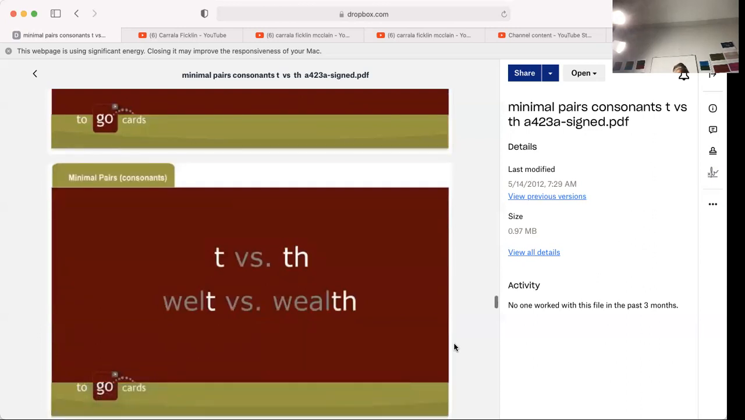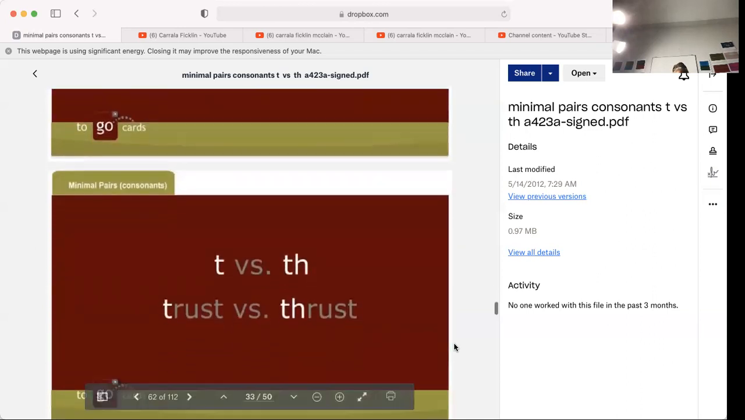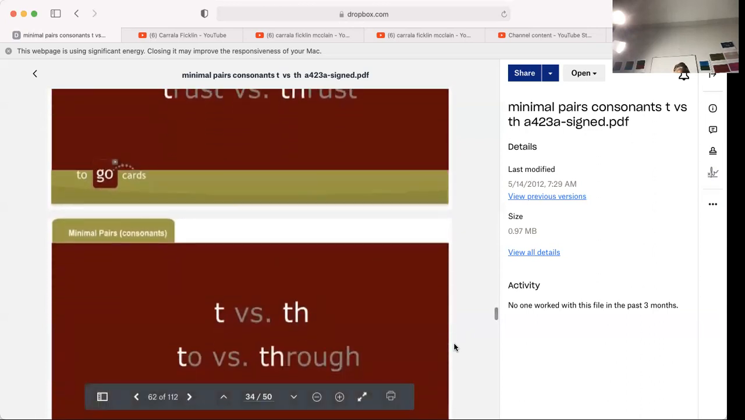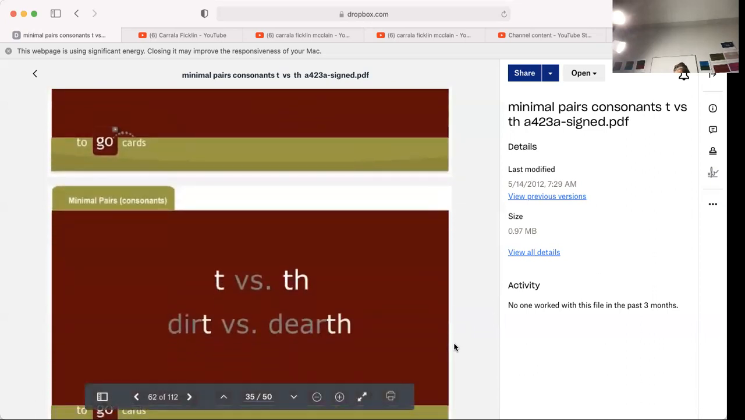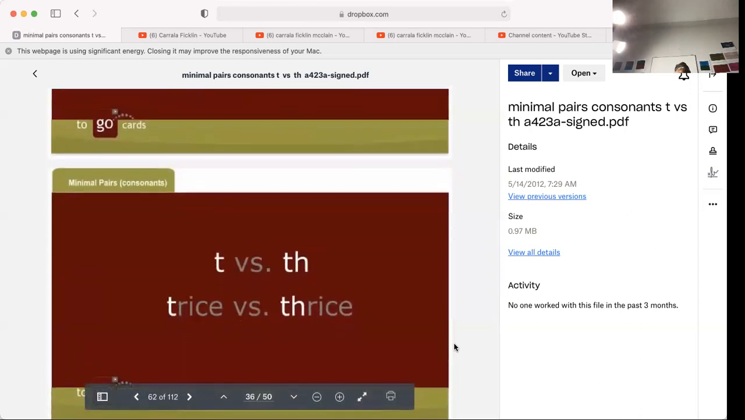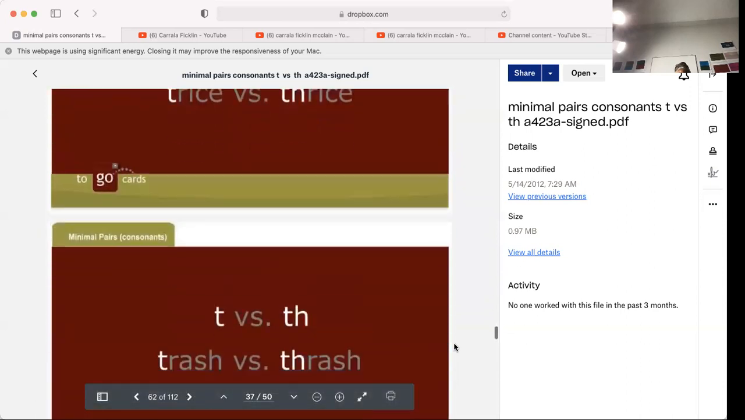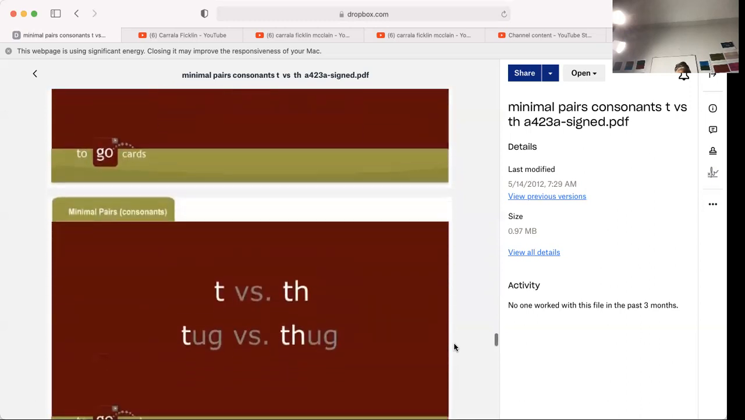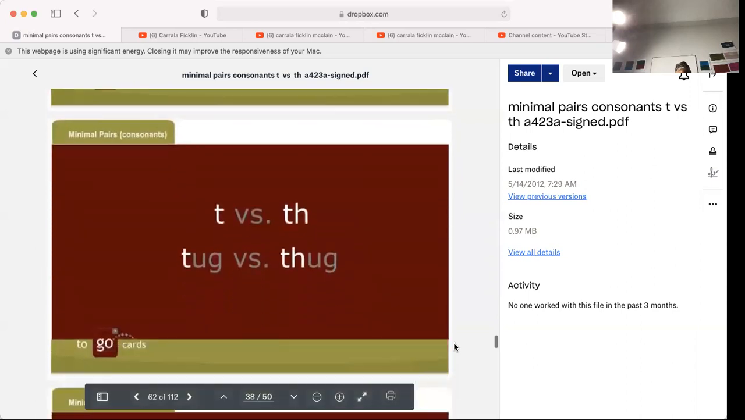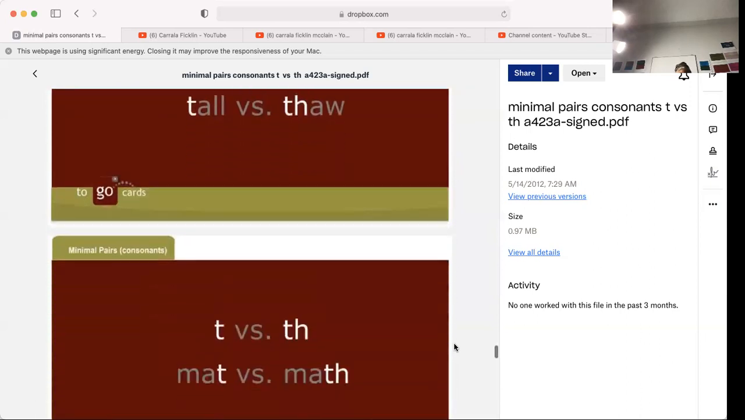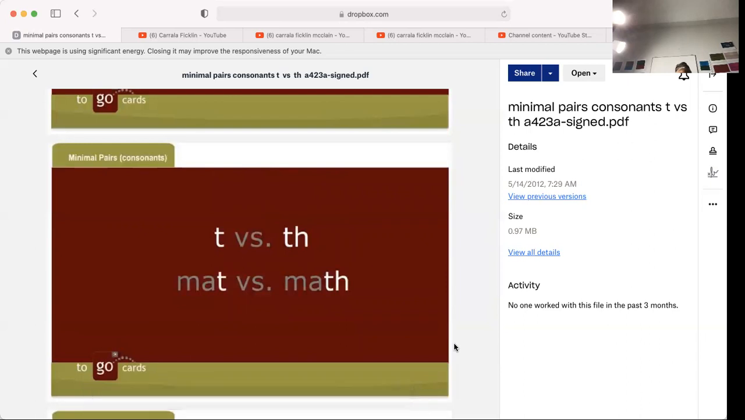Welt, wealth, trust, thrust, to, through, dirt, dearth, trice, thrice, trash, thrash, tug, thug, tall, thaw, mat, math,